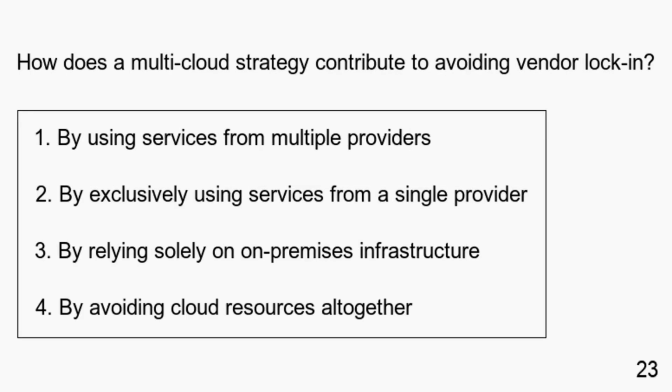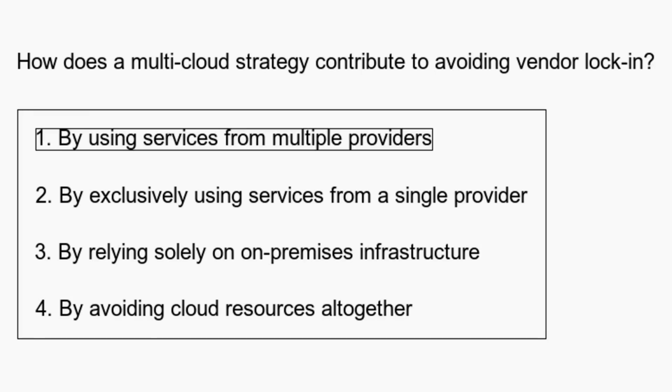How does a multi-cloud strategy contribute to avoiding vendor lock-in? By using services from multiple providers. By exclusively using services from a single provider. By relying solely on on-premises infrastructure. By avoiding cloud resources altogether. A multi-cloud strategy avoids vendor lock-in by using services from multiple cloud providers, allowing organizations to choose the most suitable